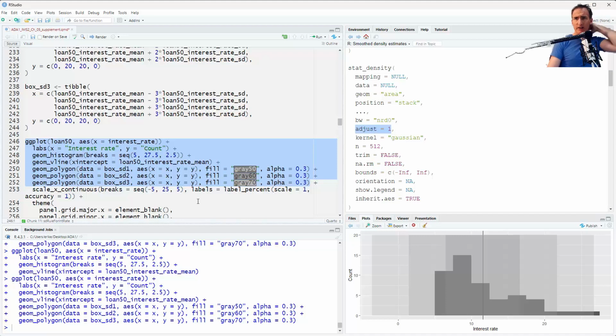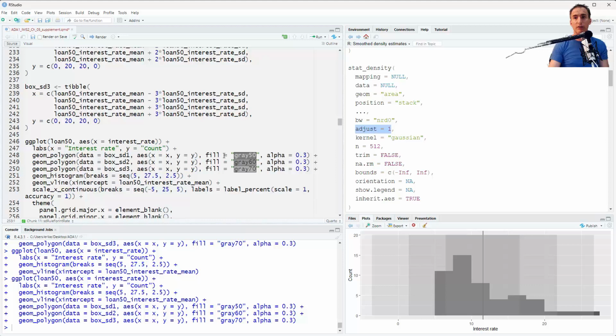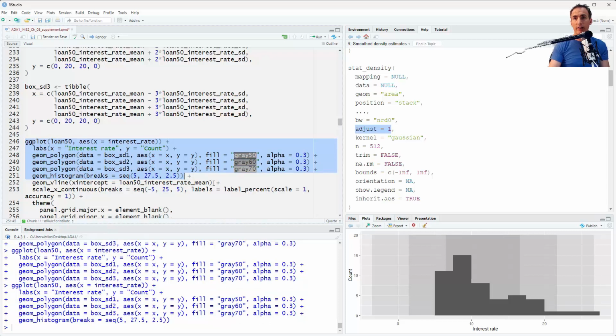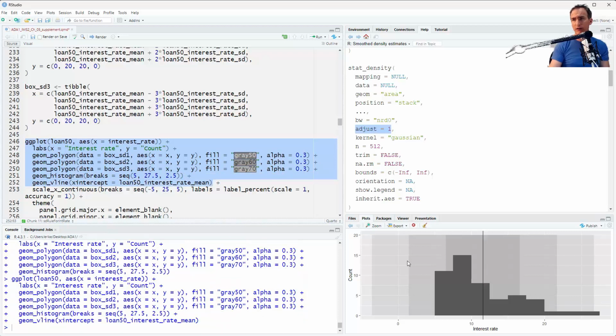What I might have done instead, because the grammar of graphics has layers, is I might have put the polygons in the back. Let's do that. Let's do the polygons first. All right, so let's start with the polygons. We'll see what that looks like. There's just the squares. And then on top of that, add the histogram and then the vertical line for the